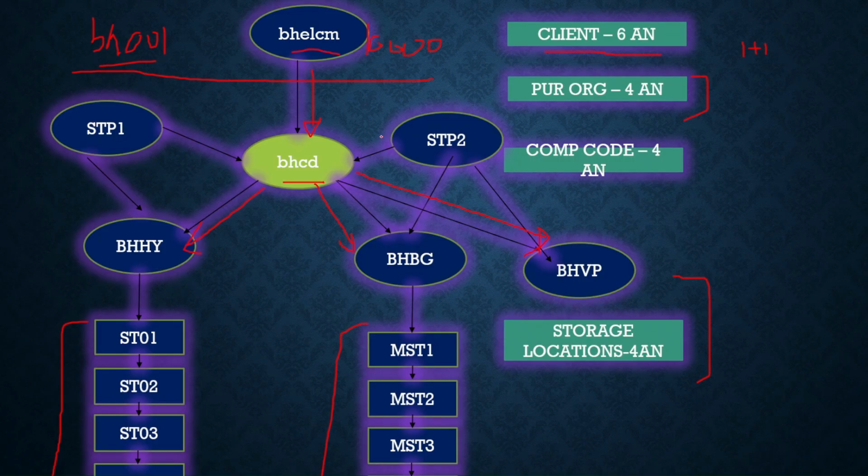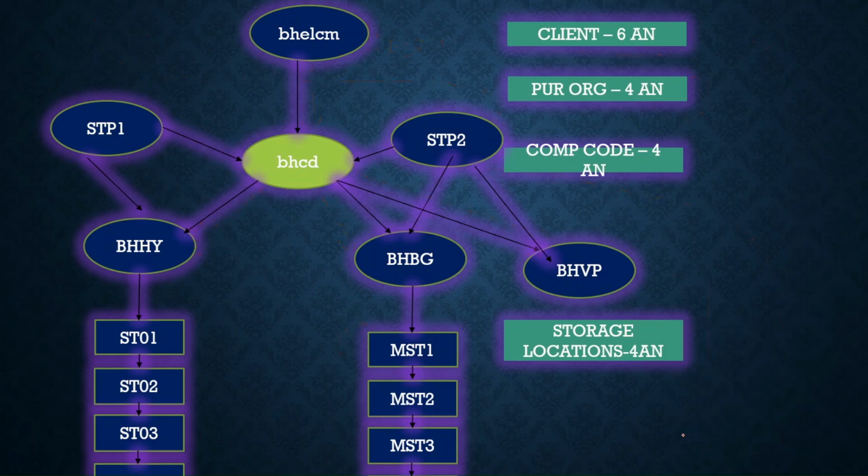Okay, it's okay. So the point is all others can be maximum 4 alphanumeric, but client is 6 alphanumeric. You can see here it's only alphabet. Here is a combination of alphabet and numeric, but it's 4. Here it's also a combination of alphabet and numeric. So you can take anything. If you want only alphabet, you can take only alphabet. If you want a combination of alphabet and numeric, that also you can take. But the limit for all of these is maximum 4 characters, and for client it can be maximum 6.